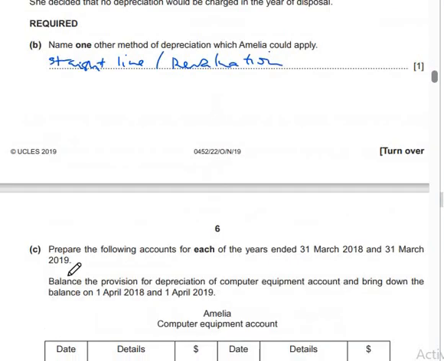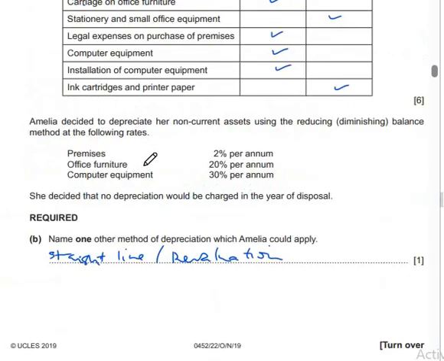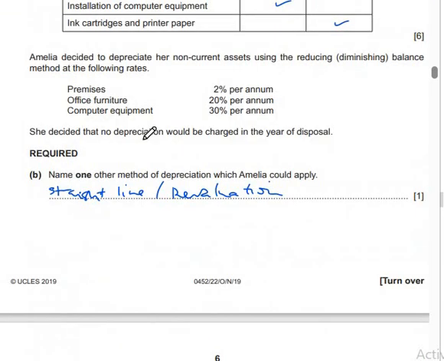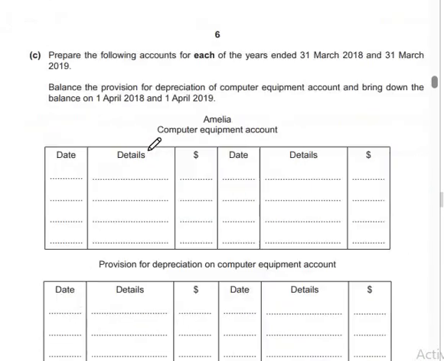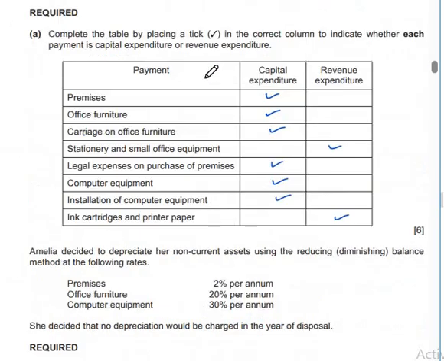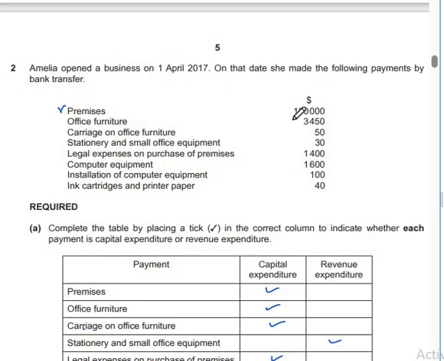Right. So the computer was purchased on 1st April 2017. That's the time they purchased the computer. So for the computer equipment account, we just put the date here, which is April 1st, 2017, and the details, and the cost of the equipment. Since we are saying that we have equipment here, which cost